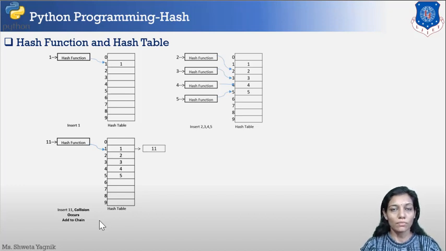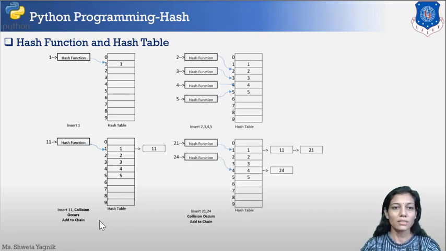Okay, so we already have 1 stored there, and we are again storing 11 at the same bucket, but we are maintaining a list, or you can say a linked list sort of thing. So here, instead of directly storing the element, we are maintaining a list of elements. So next, if we are having 21 and 24, 2 more items to be stored which are already occupied.